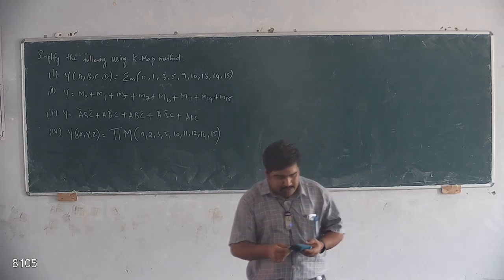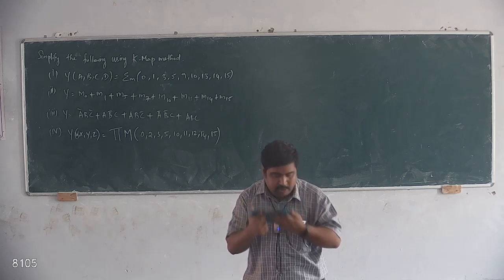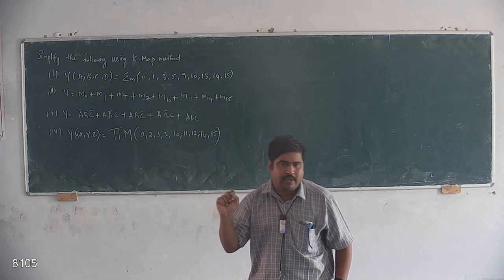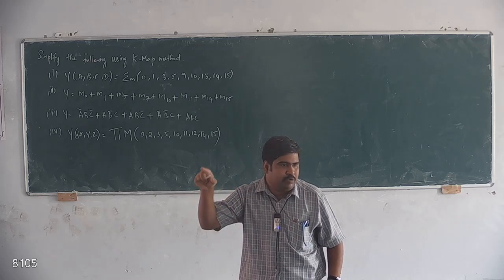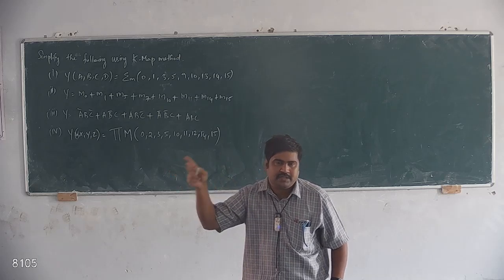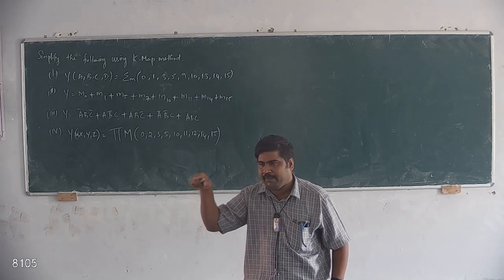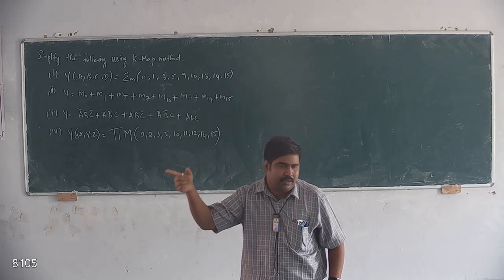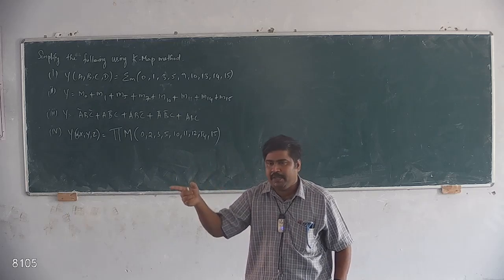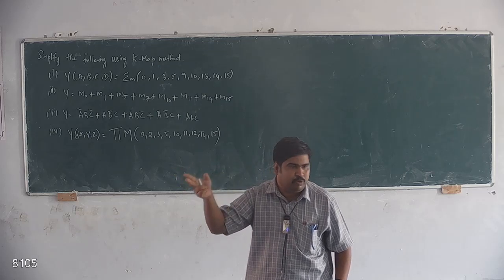To take down that two variable K map box, what are the values inside that box? If the value is A equal to 0, B equal to 0, we need to write it in terms of A bar, B bar. The first box contains 0, 0, that is nothing but A bar, B bar. The second box contains A equal to 0, B equal to 1, which we represent as A bar, B. The third box will be A, B bar. The last value will be A, B. That is for two variable K map.